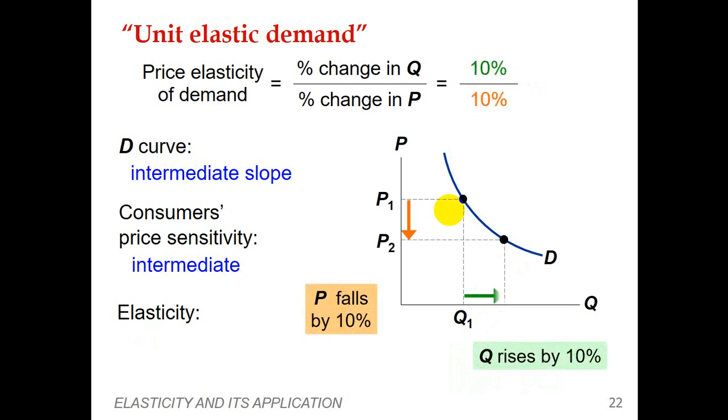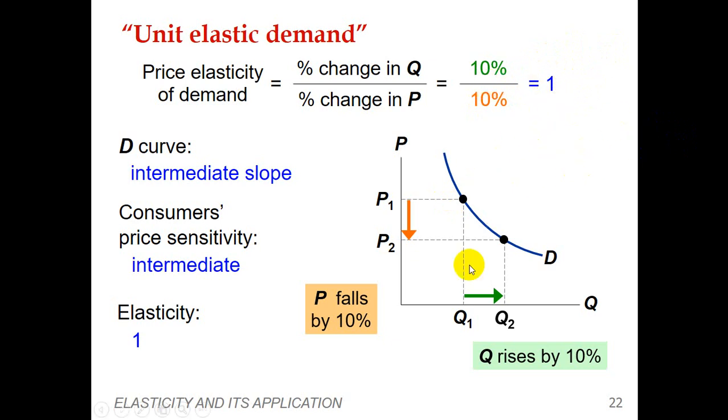In case of unit elastic, it shows that if there is a 10% decrease in prices, then there is a 10% increase in quantity demanded. So if 50% change in prices, then a 50% change in quantity demanded. So the similar change, that's why the elasticity is unit elastic or equal to 1. When you are going to get the value equal to 1 after calculation, that means the elasticity is unit elastic.